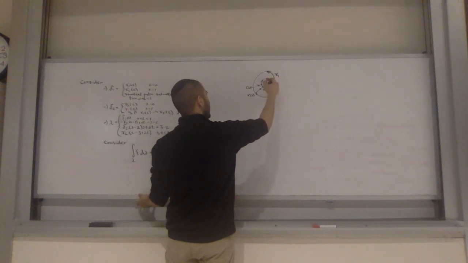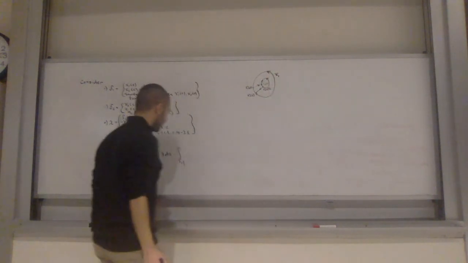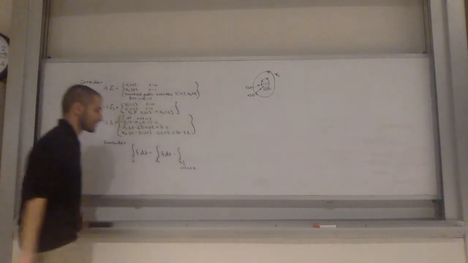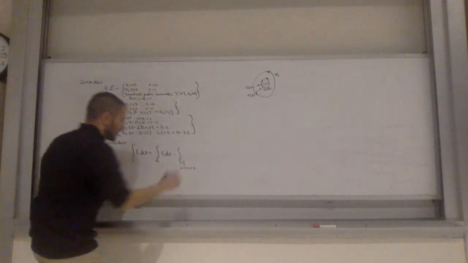If we went this way and we stopped it over here, so t is greater than 0, less than 1 minus epsilon. Okay? F dz